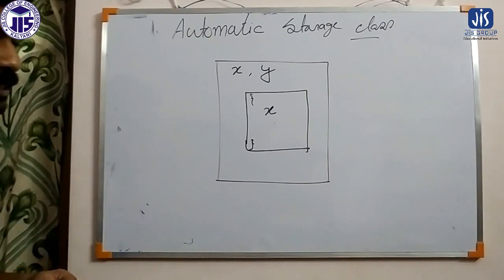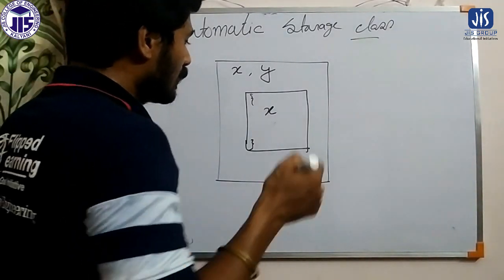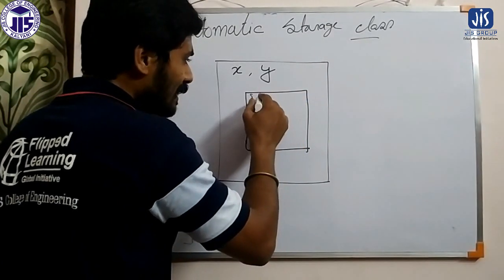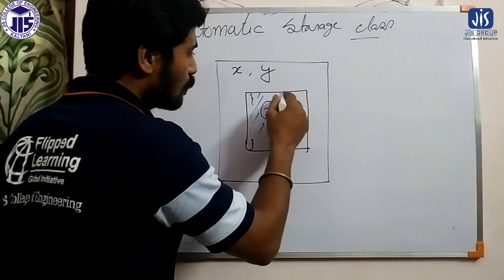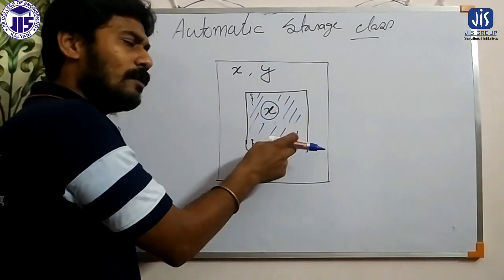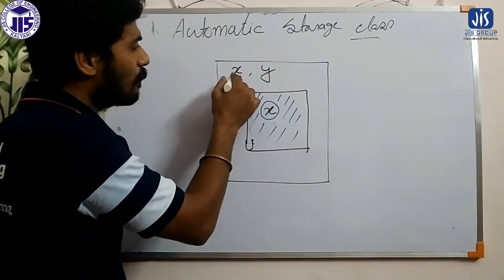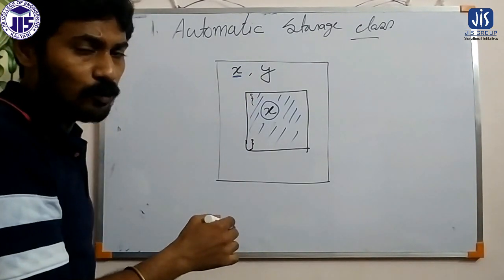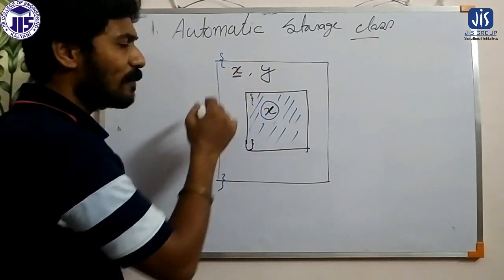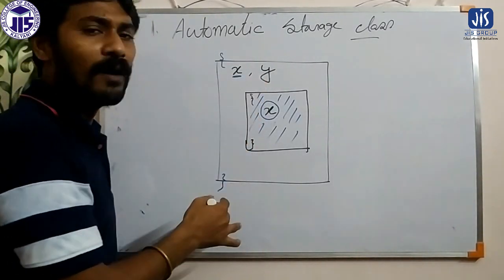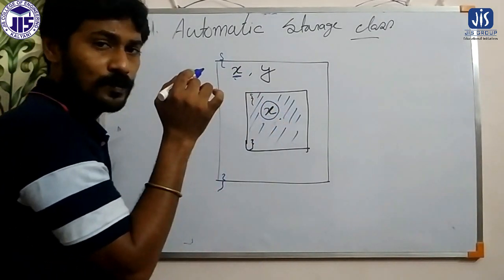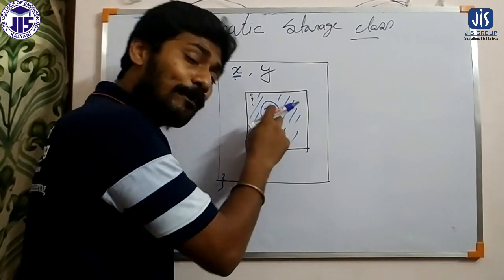So from this what I want to say is this x variable is available only inside this block, where we have declared it. So this x variable we have declared in this block, so it is available only within this block. But this x variable which we have declared within main, so this is my opening of main and this is my closing of main, this variable will be available throughout the main function. That means this variable you can access from here also. This variable we can access from the sub block also.